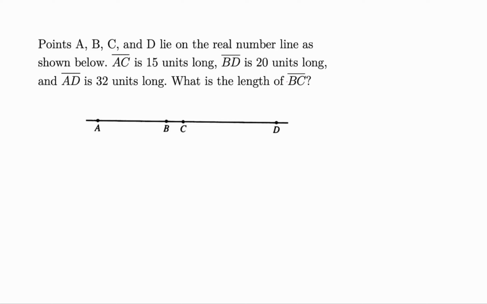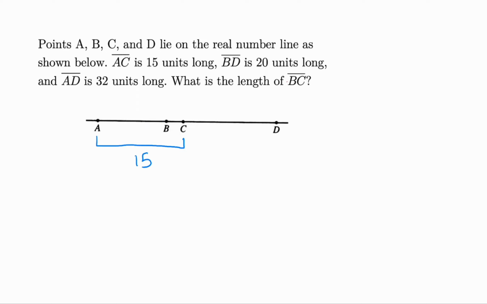In this problem, we're asked to find the length of segment BC, which is this little guy right here. And it's giving us a whole bunch of other lengths of different segments on this diagram. So first we have AC, which is 15 units long. So A to C goes all the way from here to here. Notice that that actually includes segment BC. So if you think about AB combined with BC, that altogether gives you segment AC, and all of that is